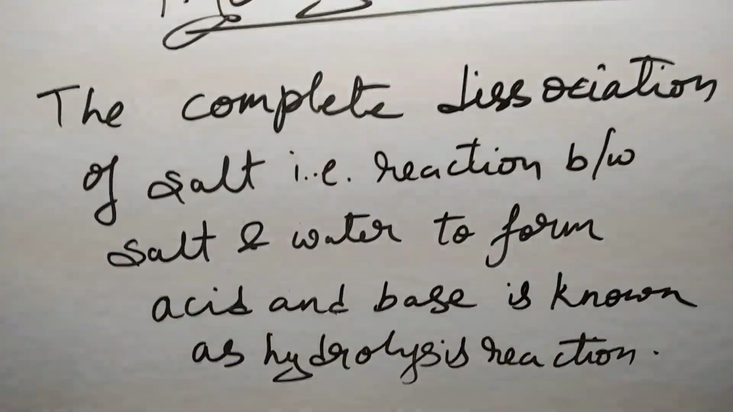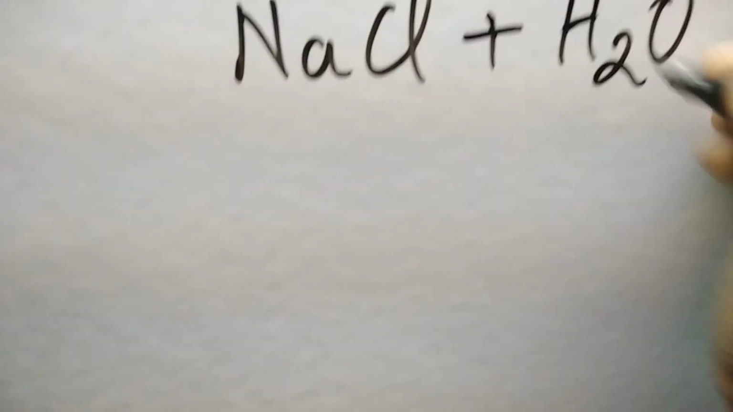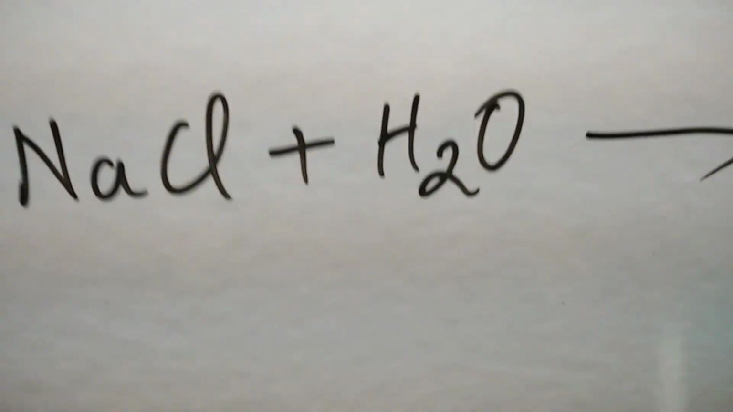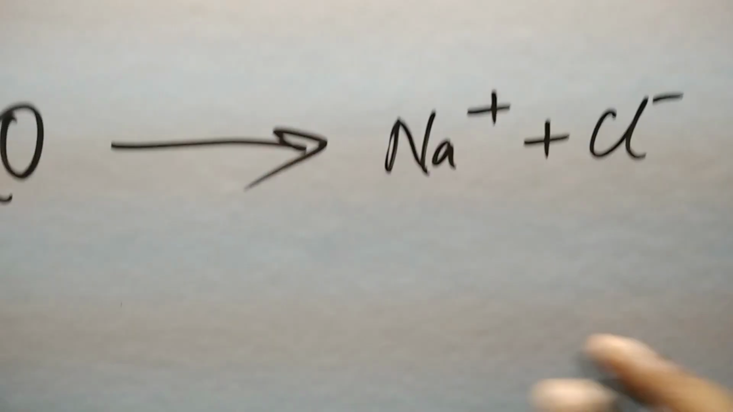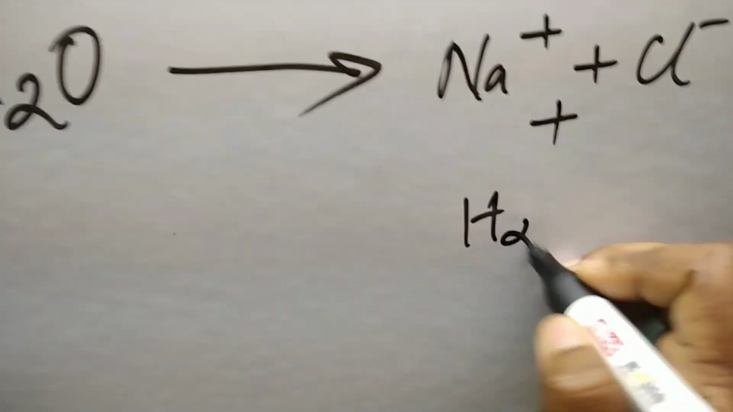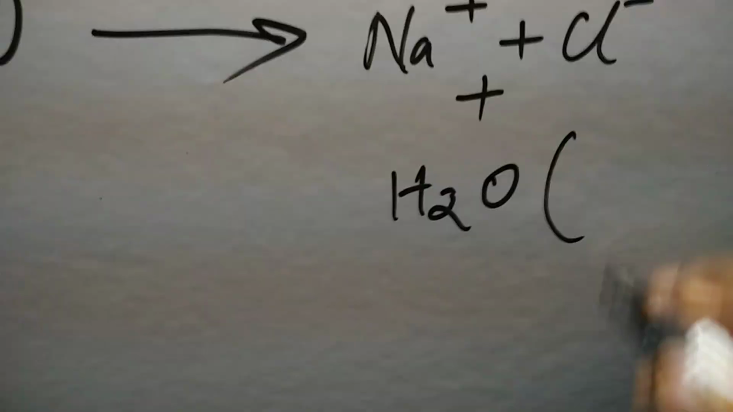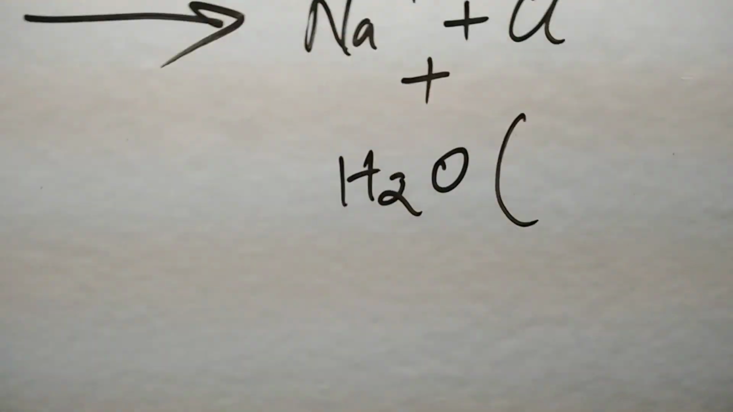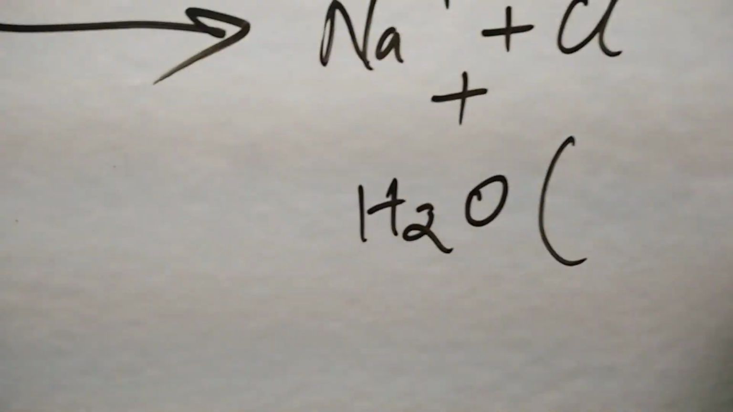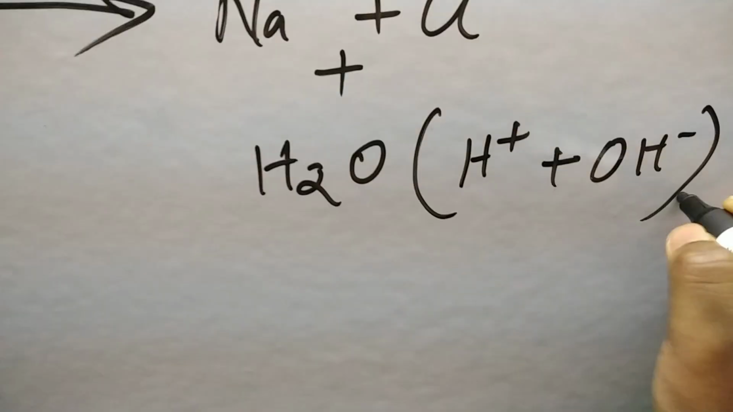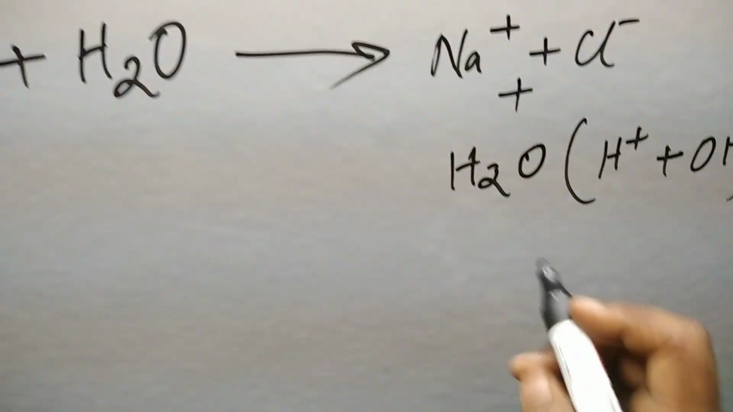So let's understand with the help of an example. When NaCl reacts with water, it forms Na+ and Cl-, which means it dissociates, plus H2O, and this H2O is also in the ionic decomposition form. Okay students, so it will also form H+ and OH-, and hence the reaction will be